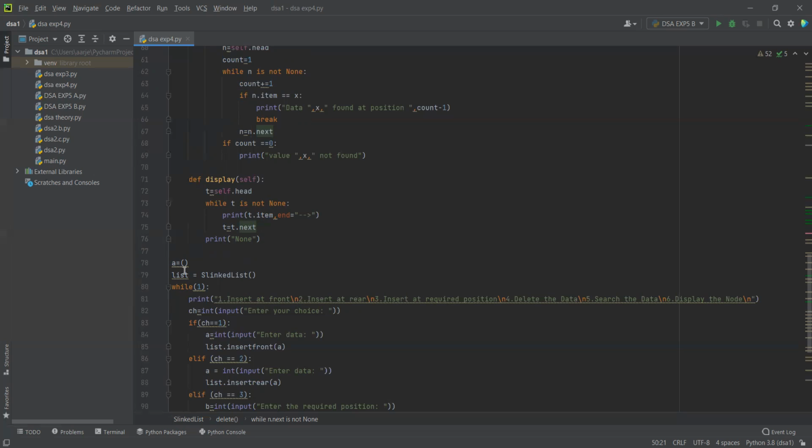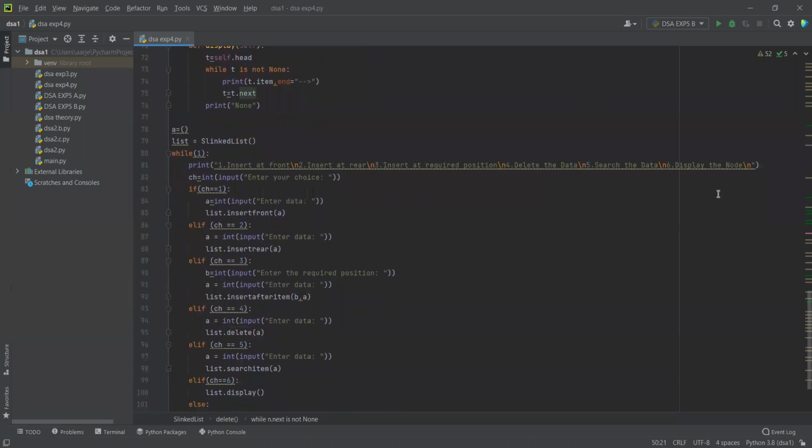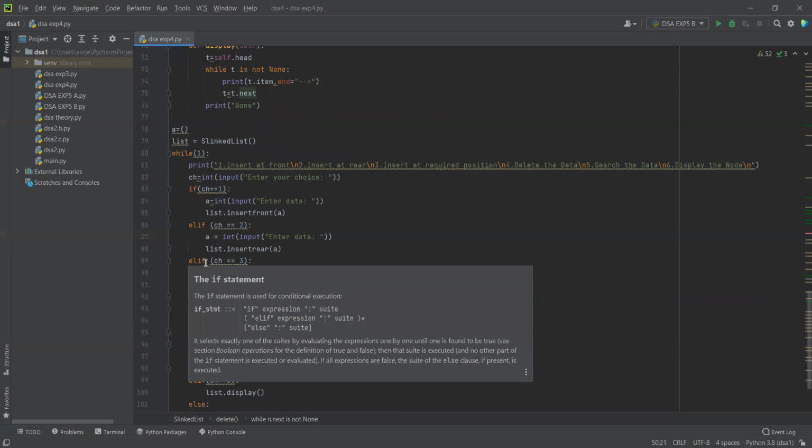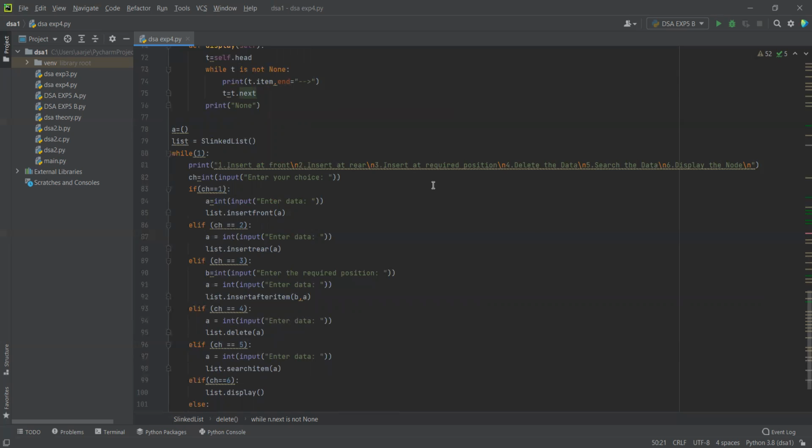That's all. Now we are creating an object called a, creating a list and storing it in the variable. We are creating a while loop that keeps running. We are asking the user to enter their choice. If the user enters 1, we are inserting a data at front. If the user enters 2, we are inserting a data at rear. 3 is insert at required position, 4 is deleting the data, 5 is search the data, and 6 is display,